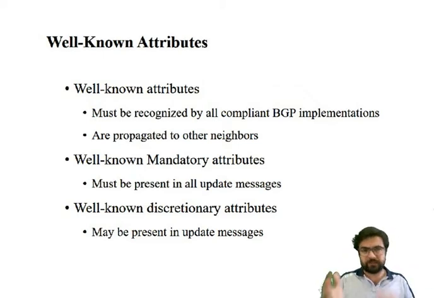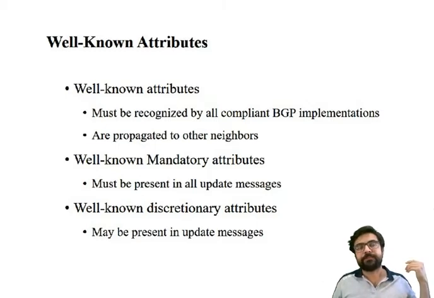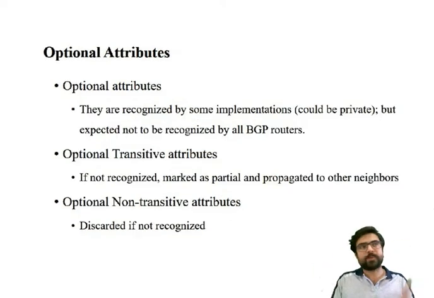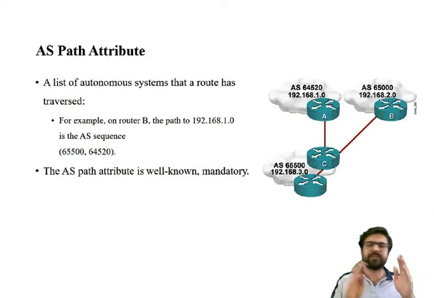But well known, as its name is telling us, means all of the routers know about that, and it's sort of mandatory. All of the routers are propagating this to the neighbors, while optional is something not mandatory. Mandatory is something you cannot eliminate from that. On the show IP BGP summary, you'll see that, or the rest of them. Okay, let's save some words. Go to the